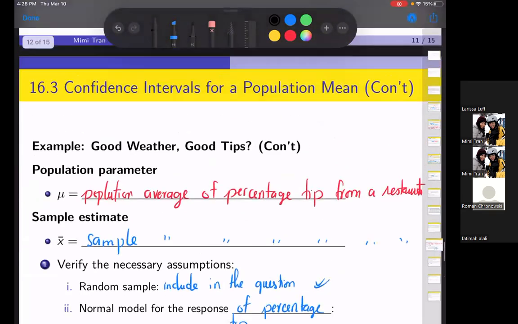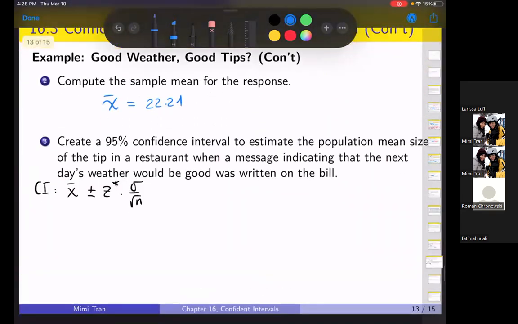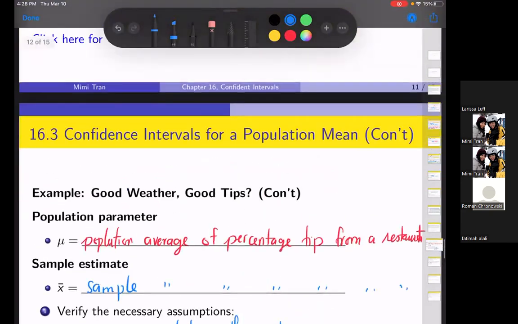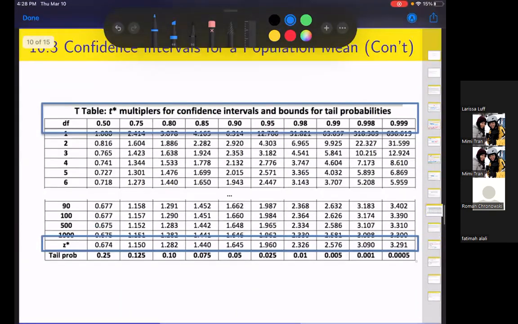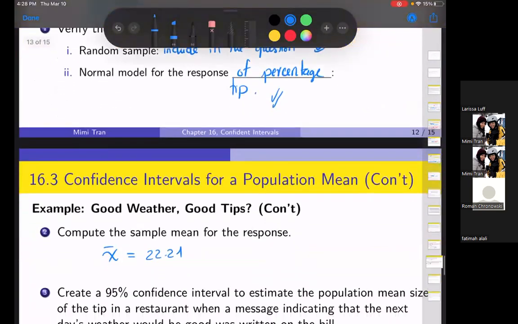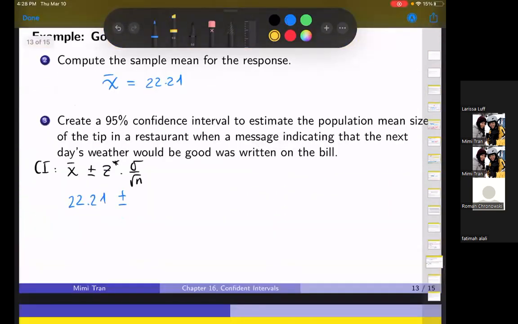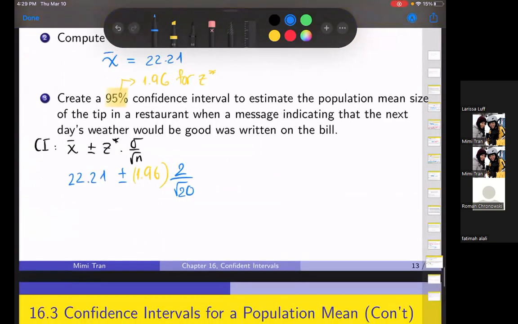So X bar is 22.21 plus minus Z star. It's 95%, so 1.96. Let me highlight something here, maybe in yellow. 1.96 is Z star. And then the sigma they gave is 2. If you don't have sigma, divided by square root of 20, right? So this one equals